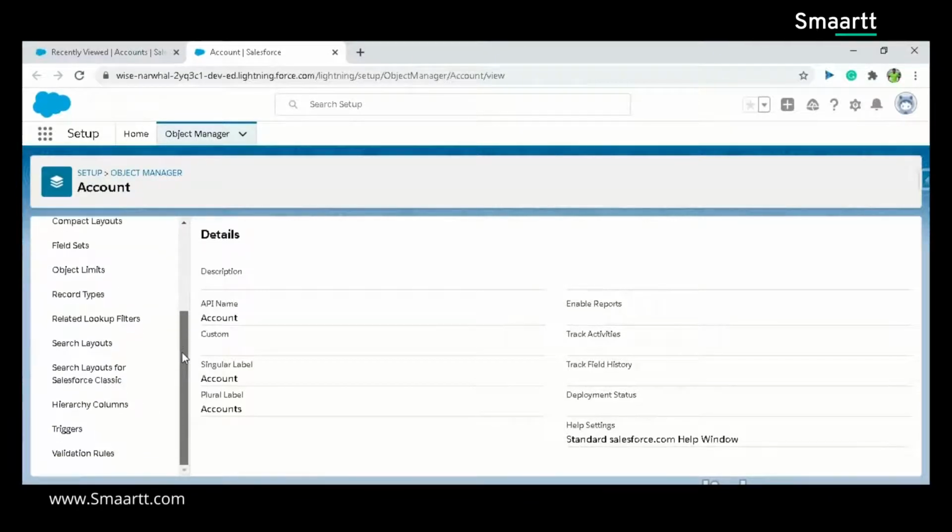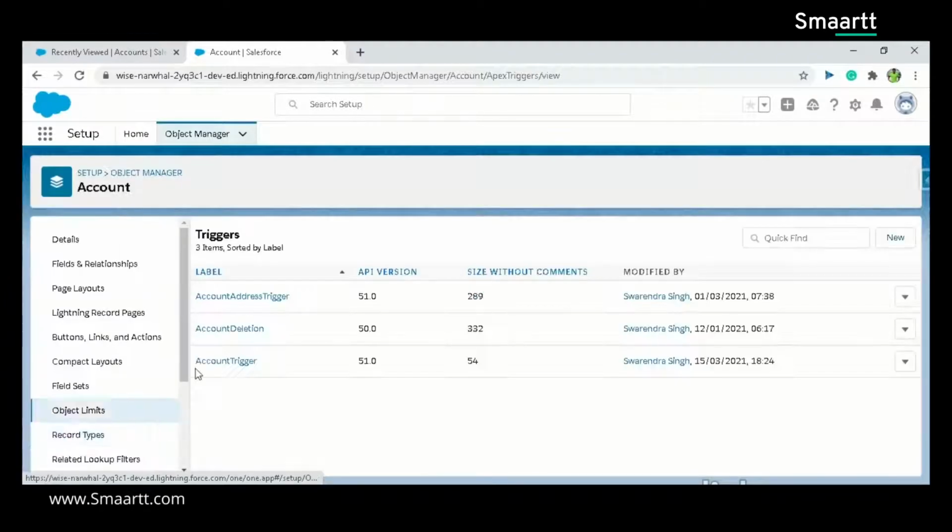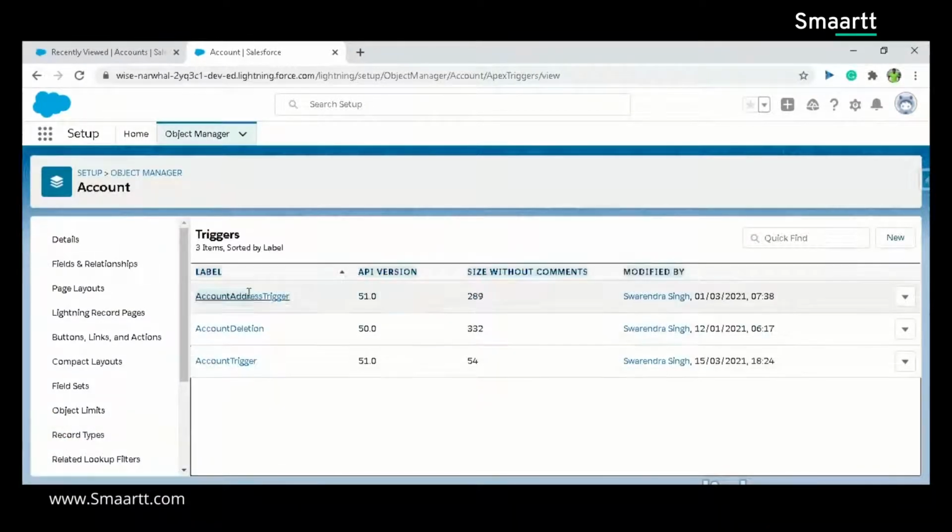So you need to have a trigger present. If you go to the trigger section, you will find all the triggers mentioned over here. There are already some triggers here, but as we have seen in the live case, no contact is getting generated, so I'm sure no contact is being generated by these triggers. So I'm going to create a new trigger for that.